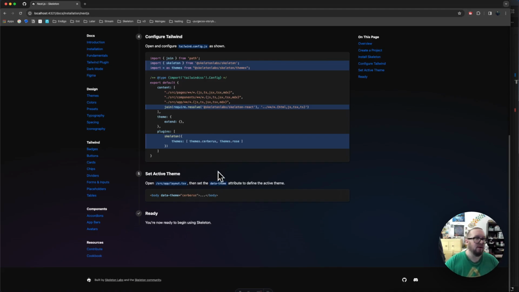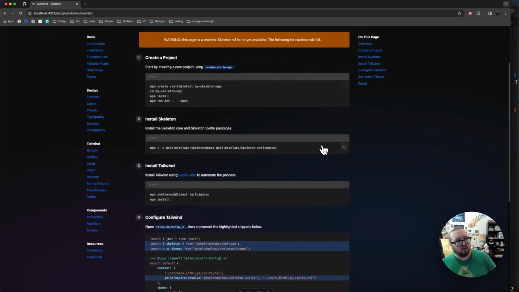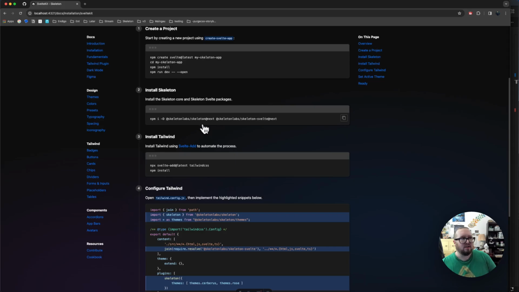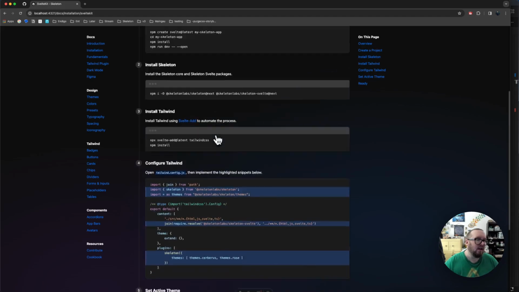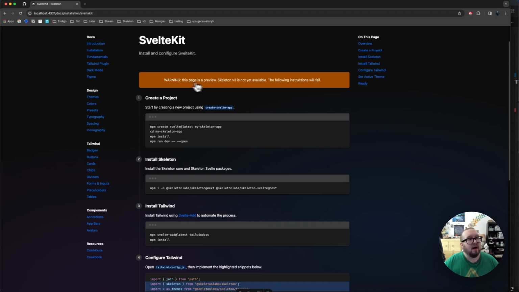Set your theme and you're good to go. Likewise, we can go through the SvelteKit steps, a very similar process. There's an extra step because Tailwind is not a default option for SvelteKit, but for the most part, it's pretty much the same process. We do have a big warning here at the top, just telling you don't try this